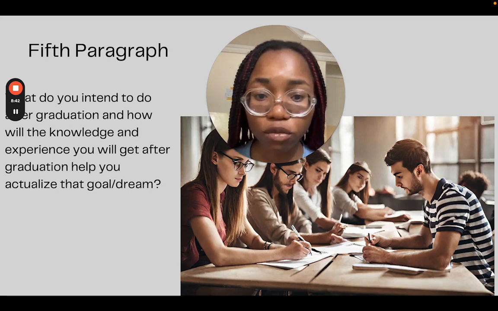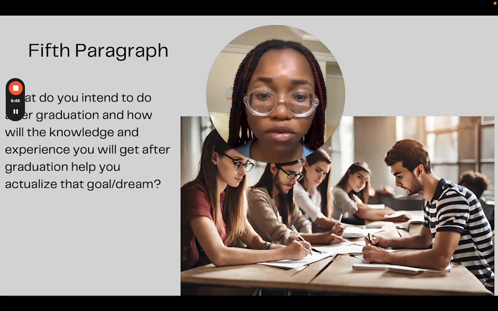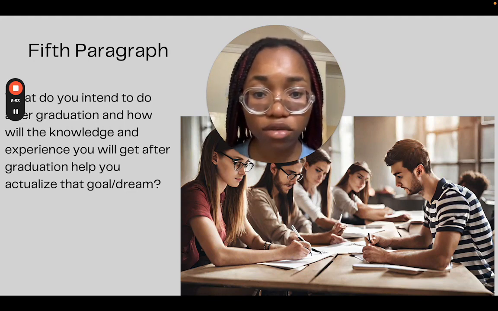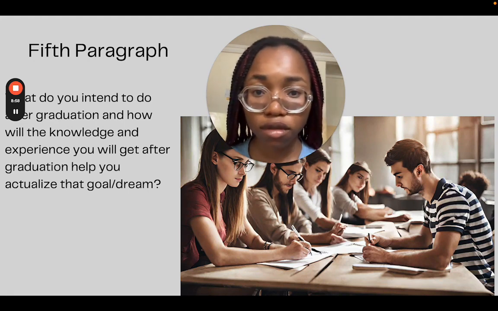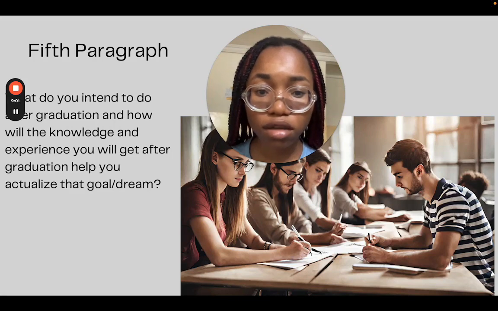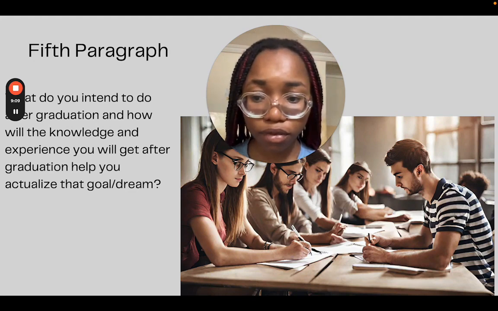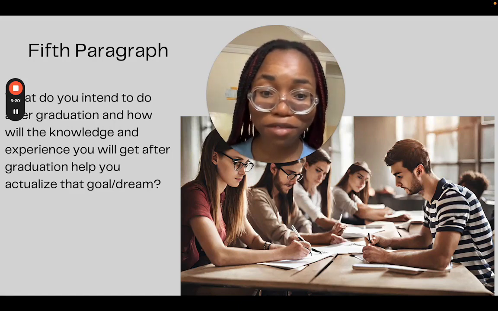Where do you see yourself maybe in the next 5 years? Some universities will actually ask you these questions. Some of them will give you a template and tell you what they want your personal statement to be about, and some schools don't. So in case they give you one, just look at their template and know what they expect of you. But if they don't, this course is enough to put you through. So the fifth paragraph, say what you want to do after graduation. It mustn't be something big. It can be something little, it can be big. It depends on your life goals and dreams, of course.